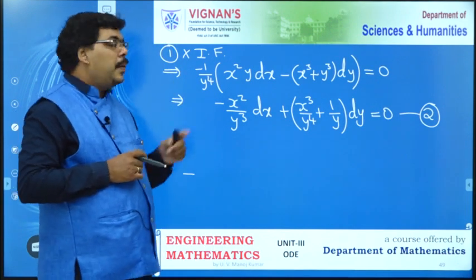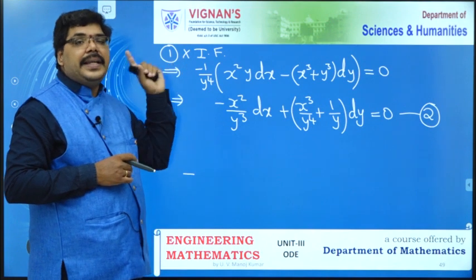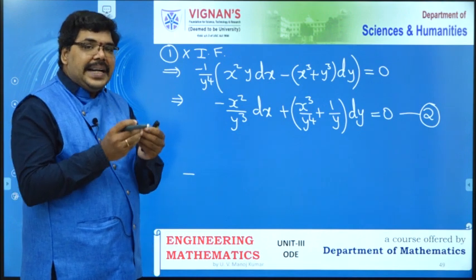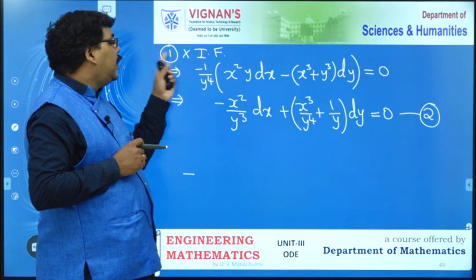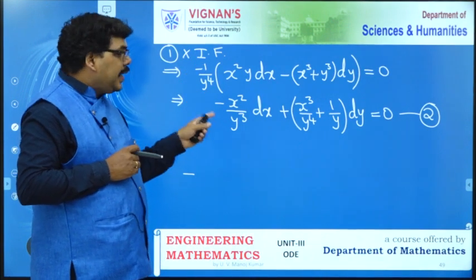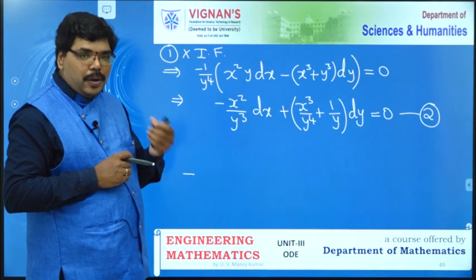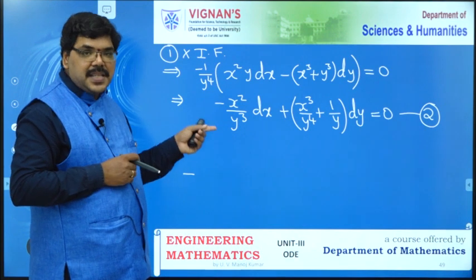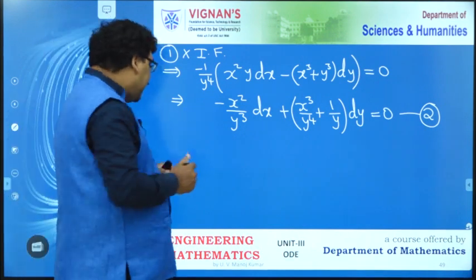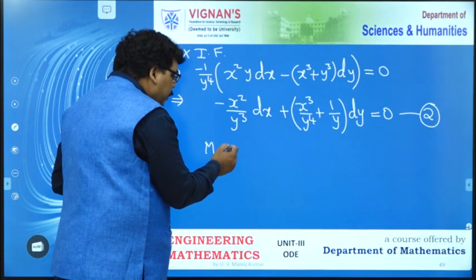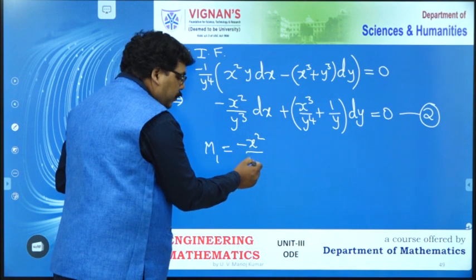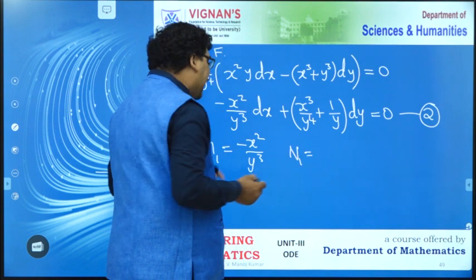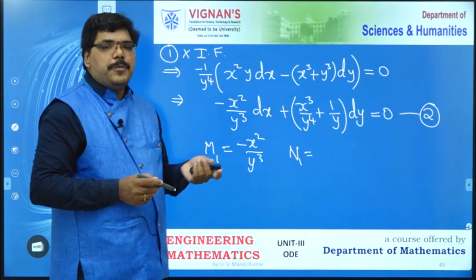Okay, this is my equation 2. So how did this equation 2 come? By multiplying the given differential equation with the integrating factor. The given differential equation is non-exact, therefore I calculated an integrating factor. After multiplying the given differential equation with the integrating factor, I get this result. Now this is exact. Prove it. Let us say this is M1 and this is N1. M and N we already used, so new symbols M1, N1.